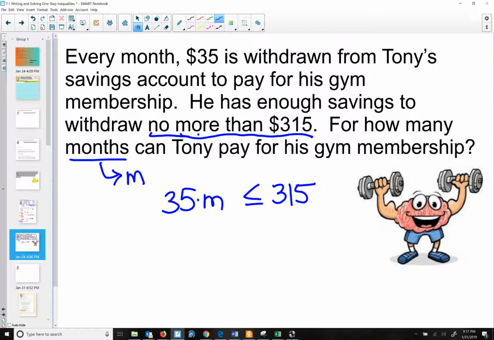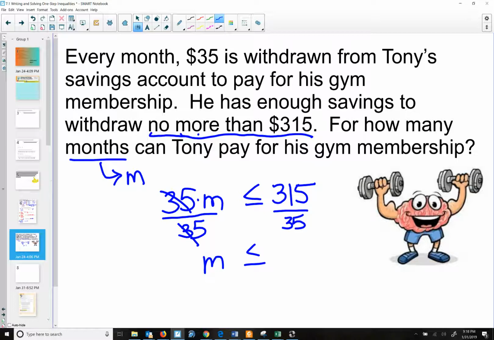To figure out how many months that is, we're going to undo this multiplying by dividing. Divide by 35. Divide by 35. 35 divided by 35 is 1. Hey, do I have to flip this one? I'm dividing by a positive number. If you're dividing by positive, let it be. All right. So I'm going to keep it as less than or equal to